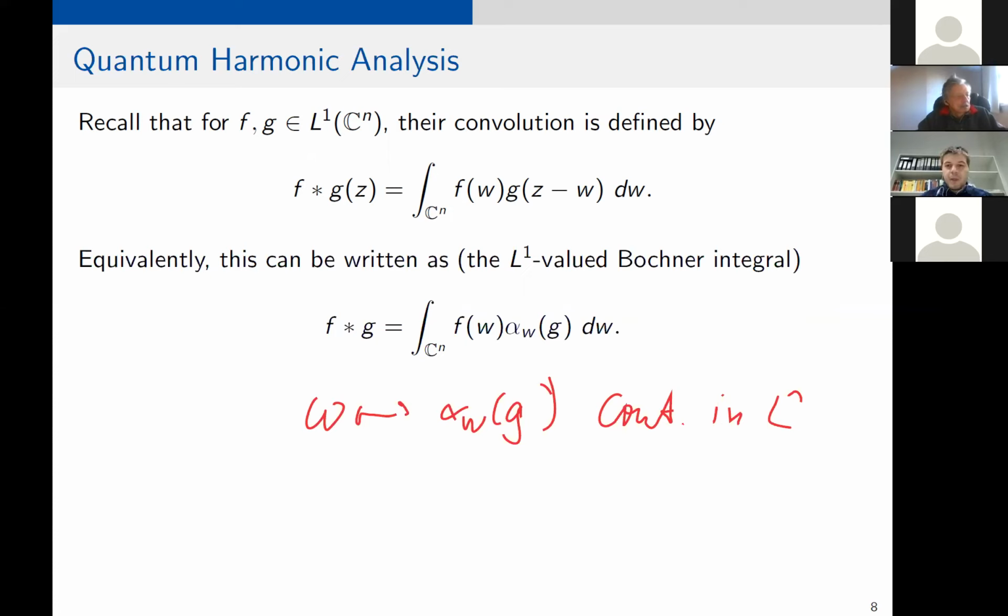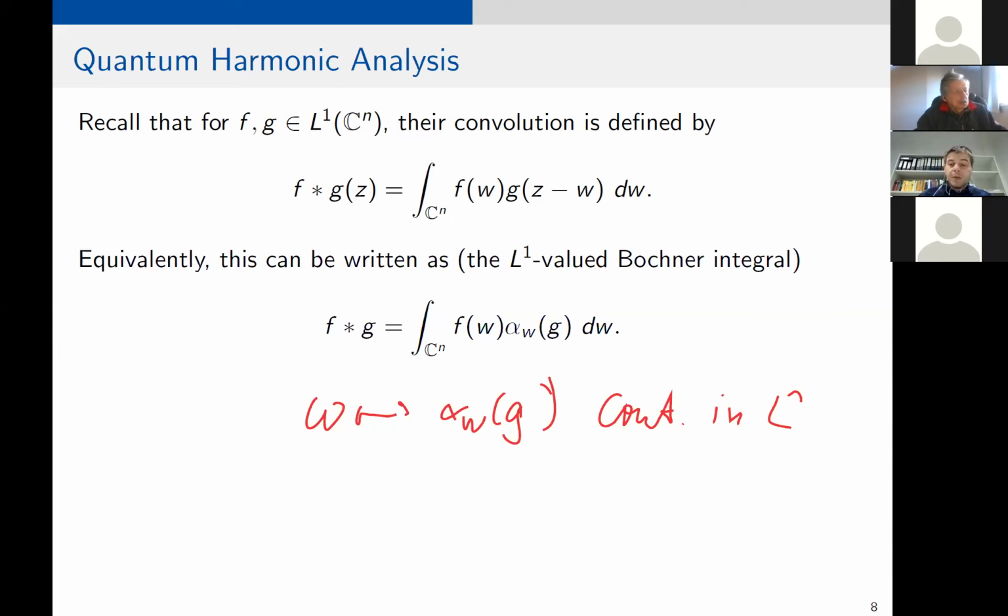In case you are not familiar with Bochner integrals, that's not really a big problem. Just imagine something like a Banach space valued Lebesgue integration theory. As long as your Banach space is separable, it's really not much more than that. If it's non-separable, there are some issues with measurability, but I will not go into detail here. Everything works out in the end for Bochner integrals in my setting. So just think Lebesgue integration in a Banach space kind of way. Since this shift acts continuously in L1, this is well defined as an L1 valued integral.